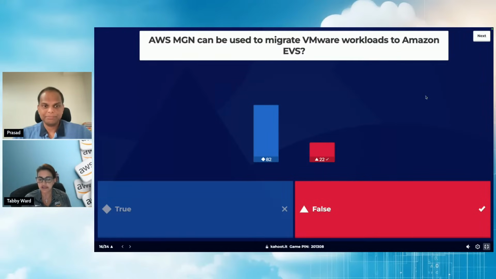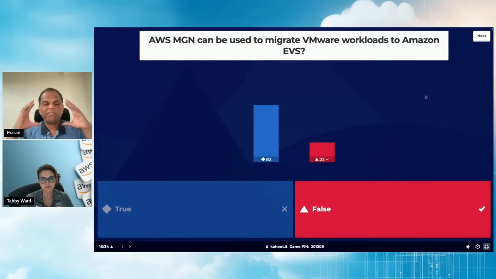Specifically, if there's a skill gap, the people who manage your VMware on-prem are now responsible for managing it on cloud, and there wouldn't be a huge gap. Some of the benefits are hybrid cloud deployment, as we talked about, and reducing operational costs. Prasad, if you want to talk about some use cases, when do we use EVS? Yes, good point, and we'll come to it when we have the EVS section in the slide.